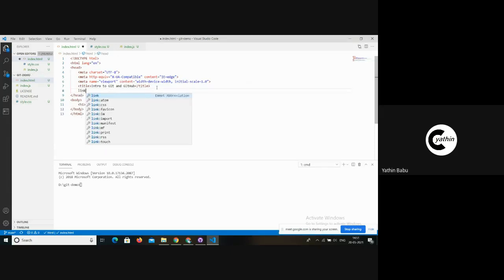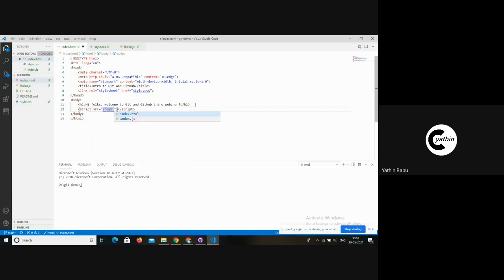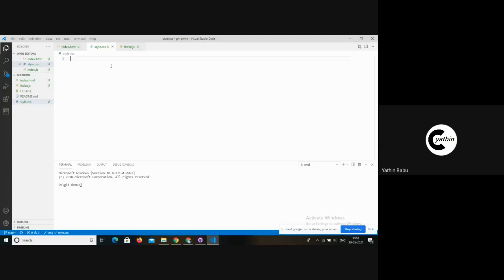Let me add the style sheet within the HTML file. Now let me write some simple style rules.